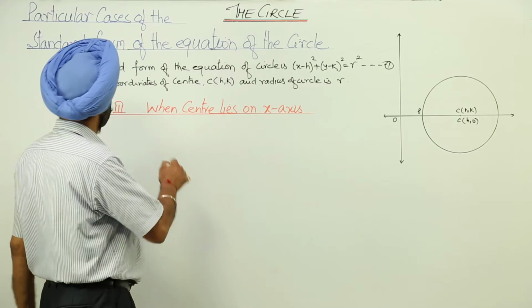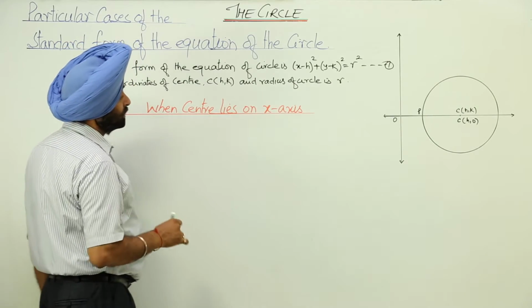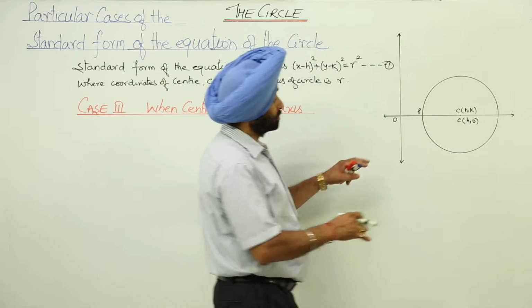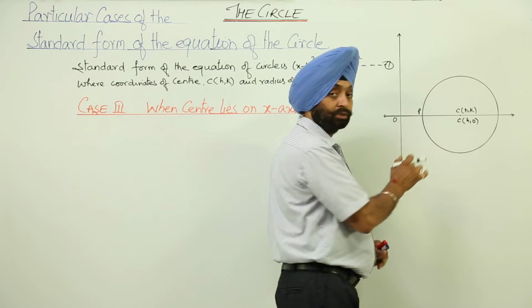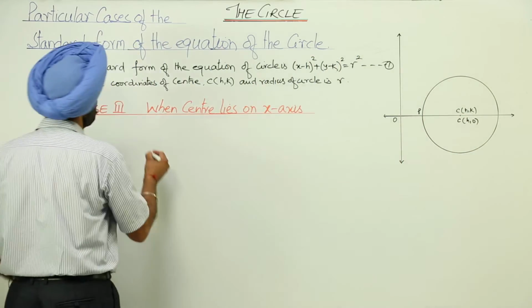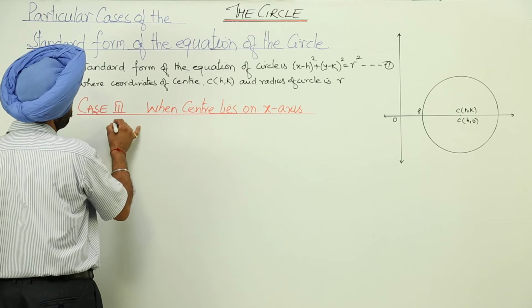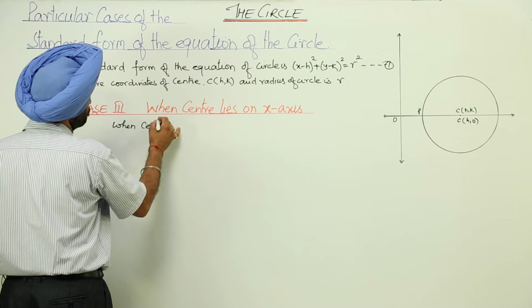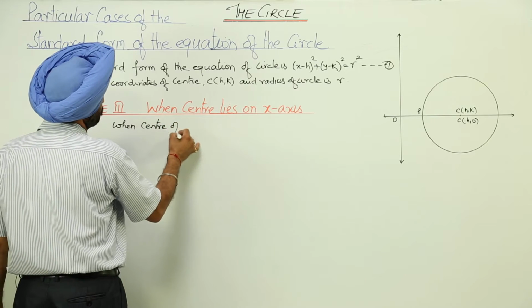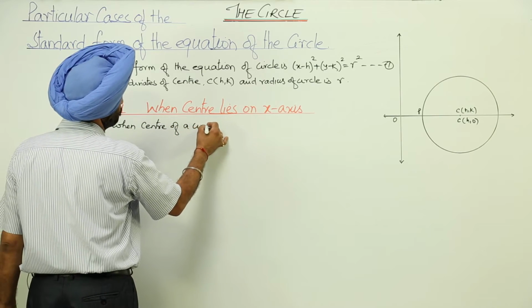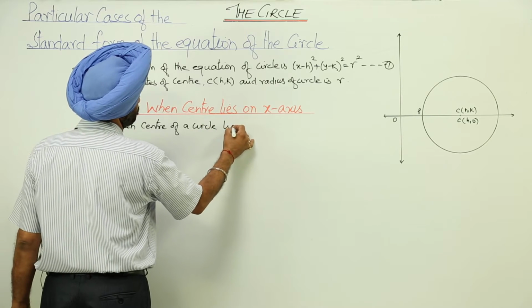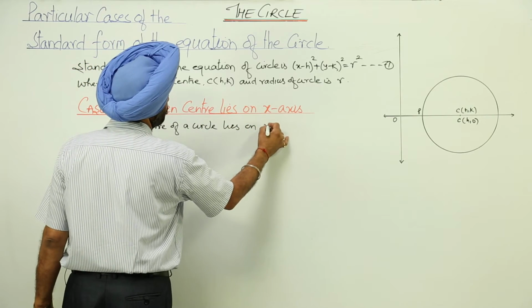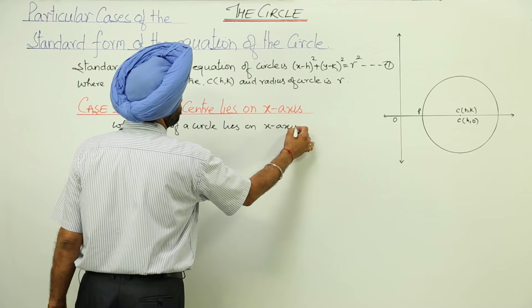Case 3, when center lies on x-axis. Now circle is drawn and center lies on the x-axis. Now when center of a circle lies on x-axis, then